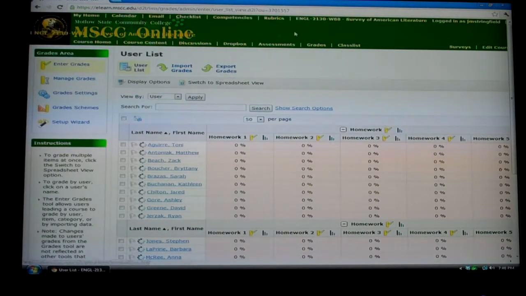Basically, these are the tabs that you'll use in here to submit your homework, to take your quizzes, to participate in the discussion on the discussion board, and also to check for news items. So if you have any questions about how to use this tool, please feel free to contact me. However, please know that,